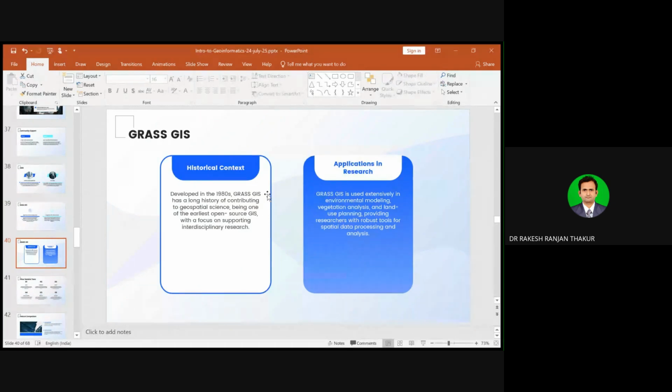Then, like SAGA GIS, GRASS GIS is also another free one, which was developed in 1980, and it contributed a lot to the GIS platform in its early stage, right? And what are the applications in research? Like you can have different types of vegetation analysis. You can go for land use planning. You can go for data processing and analysis when GIS data